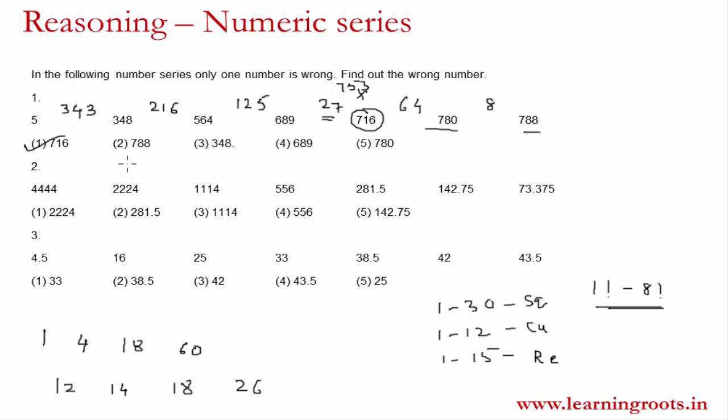Okay. Now we'll go to the second question. The second question says 4444. Second element is 2224, 1114, 556, 281.5, 142.75 and 73.375. Now if you look at this very carefully, this is 4444, 2224, which is almost half of this, 1114, which is almost half of this, 556, which is almost half of this, 281, which is almost half of this, and